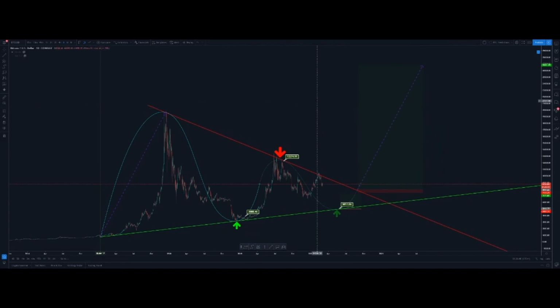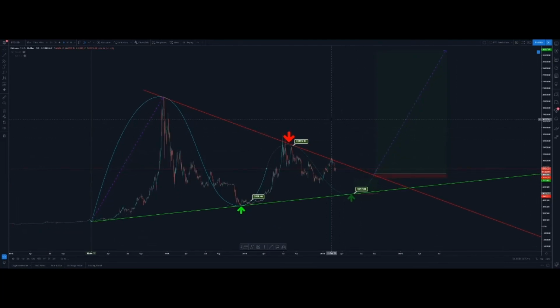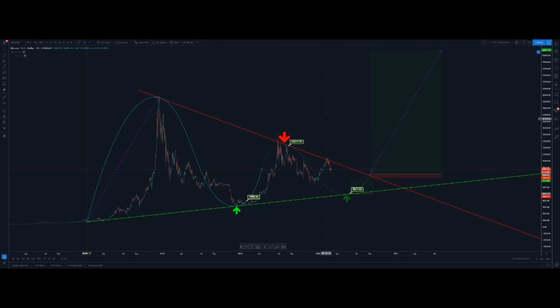Well, that's pattern formation for you. This is only level 1, the macro trend analysis. Hopefully you've learned something from that. If you didn't understand something or I was going too fast,